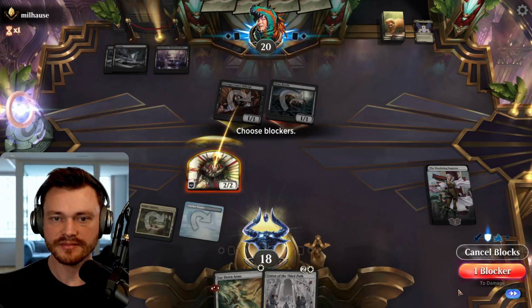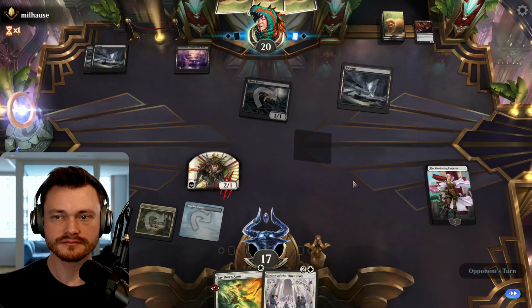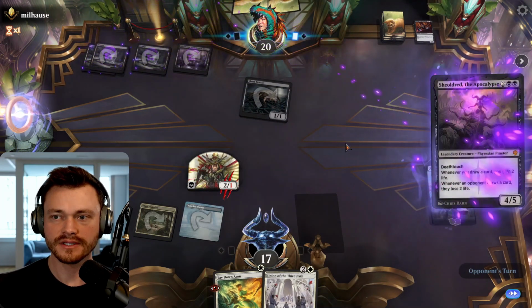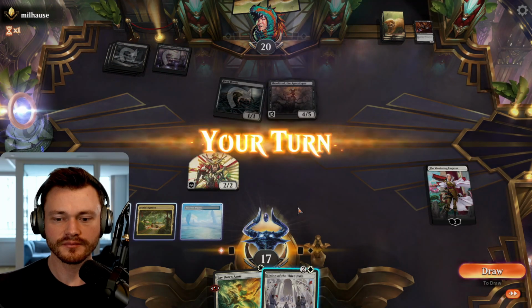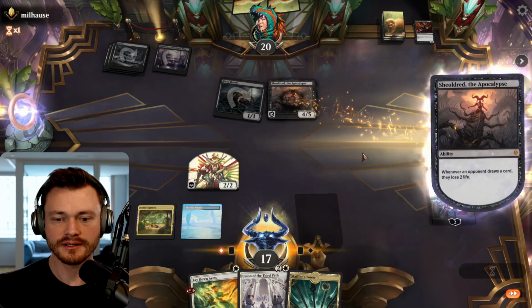Okay. Samurai created. To me. See if they have removal here. Discard a card. Yeah, it's the same thing. Okay. Block the Court Official. Here comes Sheldrazar. Yep, we'll take the draw. Okay, we have the last